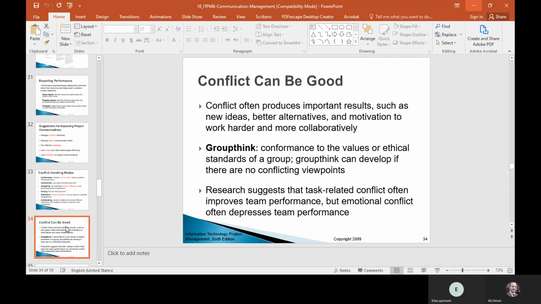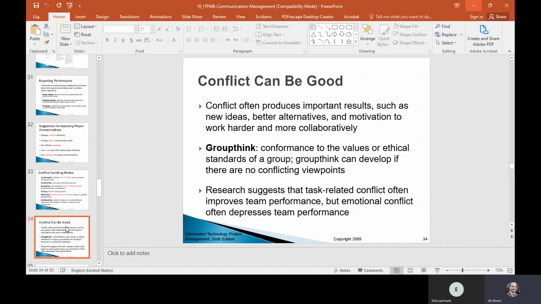And conflict can be good. A situation where you have a different point of view about the project can enrich the project's approach actually, which leads to a new idea, a better alternative solution, and motivates other workers to work hard and more collaboratively.